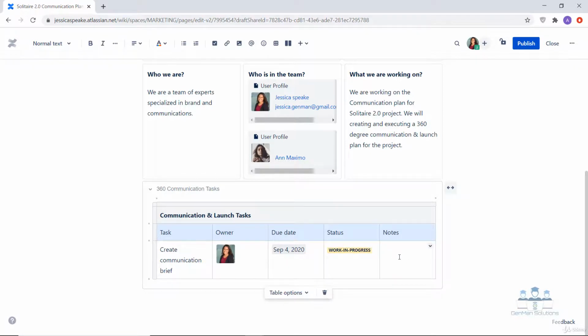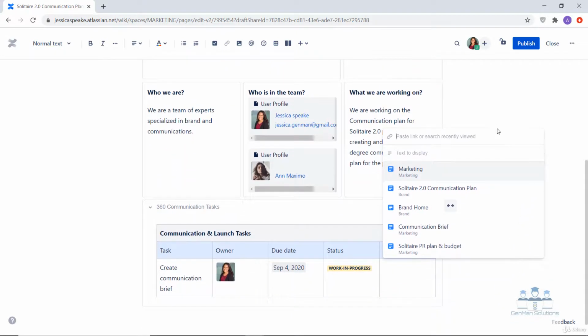So you can see that for this particular macro, we can change the color and title before inserting it onto the Confluence page. Finally, in the last column, you can add some notes for any clarification or better understanding of the viewers of the page. So in this case, we can add the brief which Jessica had created under the same space by sharing the link of that page. To do that, we can either go to the editor toolbar and select the insert link icon